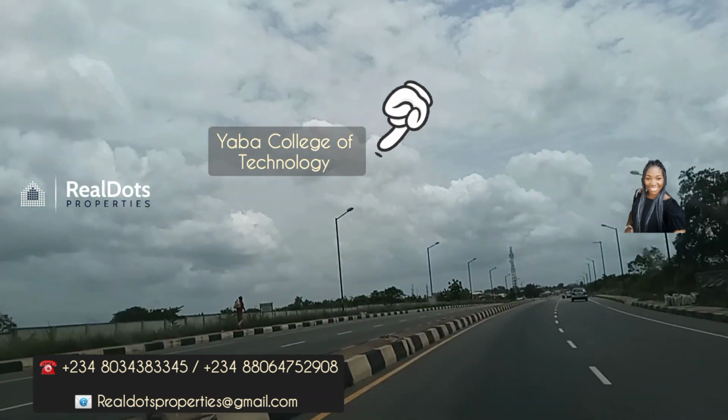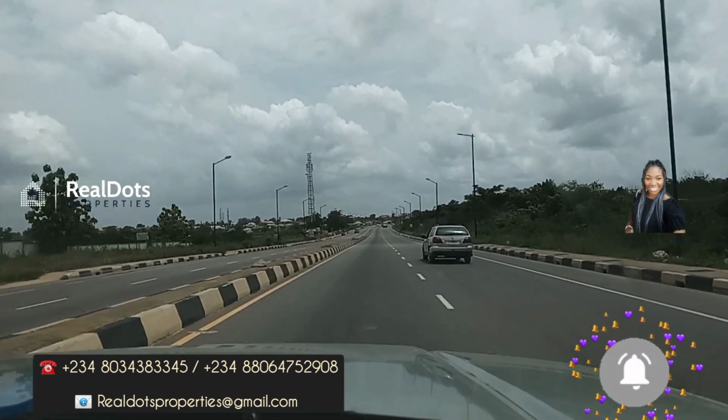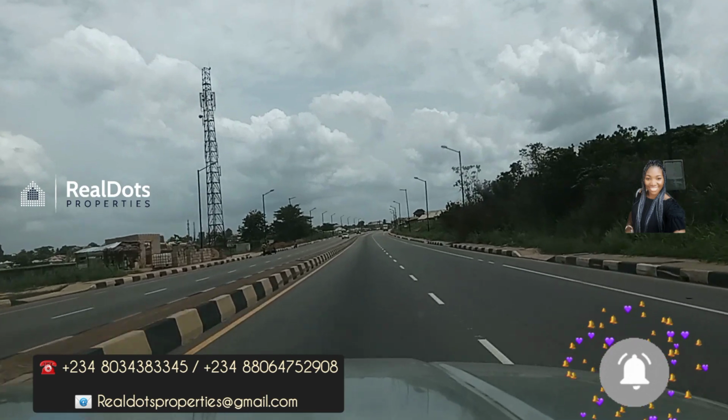And that's Yaba College of Technology we just passed. Yeah, there are actually lots of higher institutions around here. The other axis is St. Augustine University. So yeah, as I was saying,